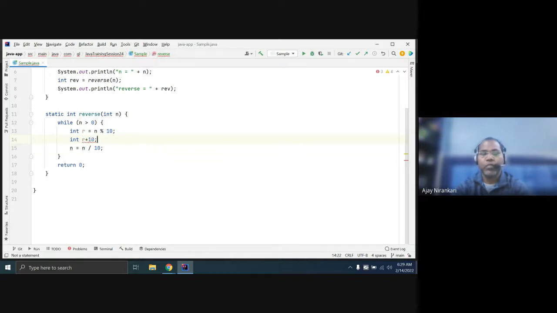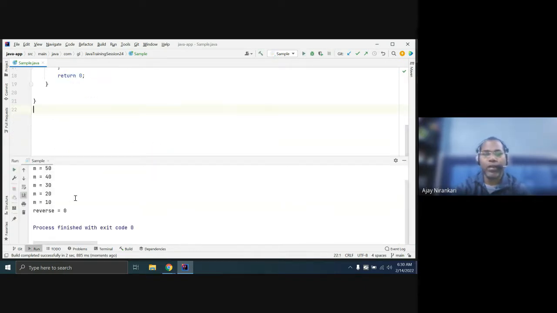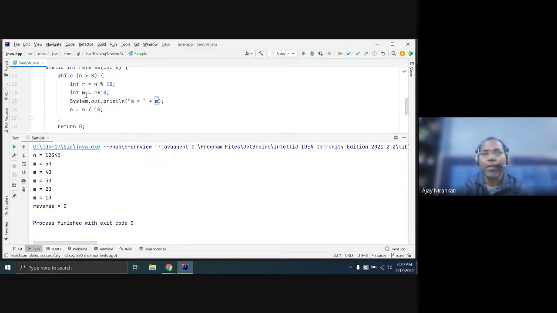But the question is, if you only multiply by 10, you are only getting the multiplication of 10. For each number you can multiply, but that does not solve the problem. Somehow we have to add this number somewhere.